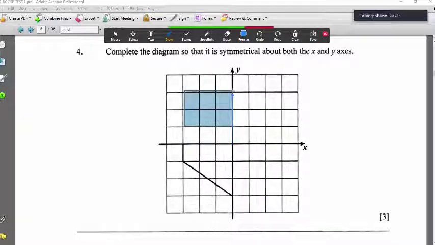So I go here. And then I go, we see 1, 2, 3, 1, 2, 1, 2, 3, here, go here, and then I come down here, something like that. Okay, and then you would do the exact same thing over on the y-axis here. So you would reflect that over on this side. And so this is how you would complete the symmetry of this type of problem.